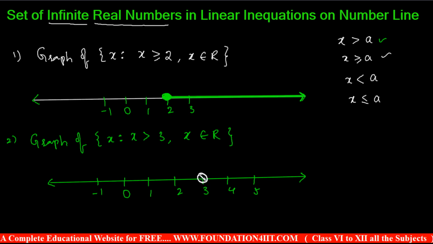There should be a gap in between. Now from here, x is greater than 3. 3 is not included, so this symbol indicates 3 is not included. After 3 every number is included till the end. Till the arrow you can draw a dark line, until the arrow you are keeping. So this means x is greater than 3, because 3 is not included. Let us see the remaining types also, less than a and less than or equal to a.